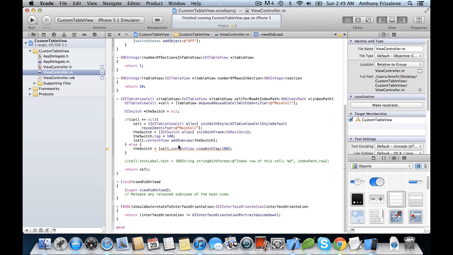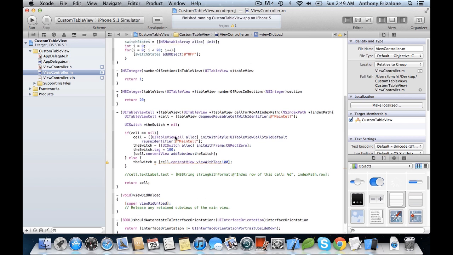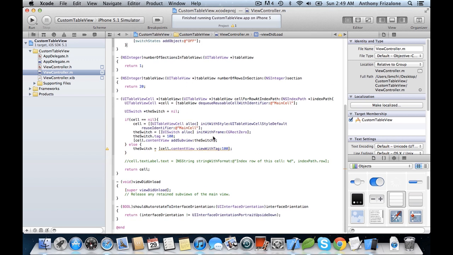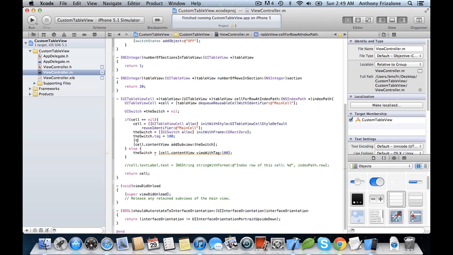Okay, so we need to respond to the user changing the switch. We need some action that when the user changes it, we appropriately respond and save the new switch state in the correct index in this switchStates array. Okay, so let's give the switch an action. The switch